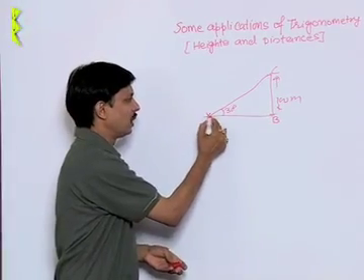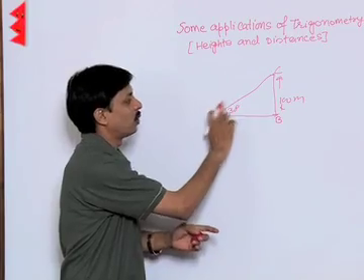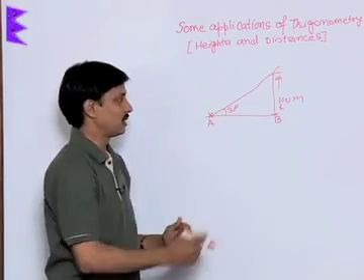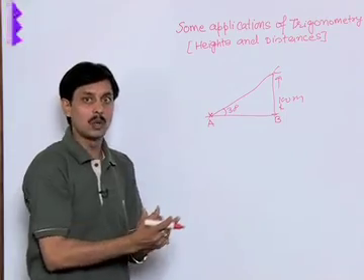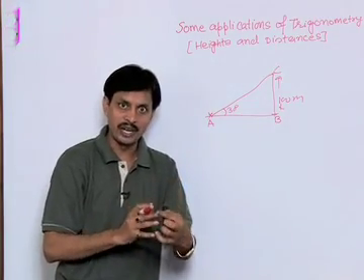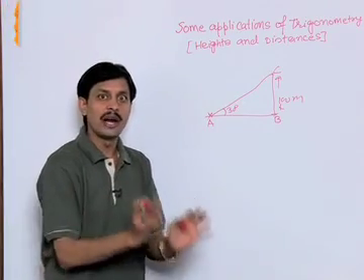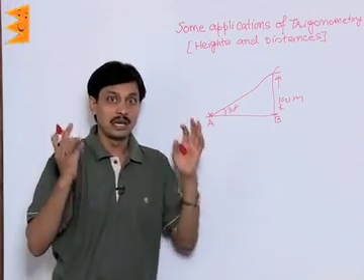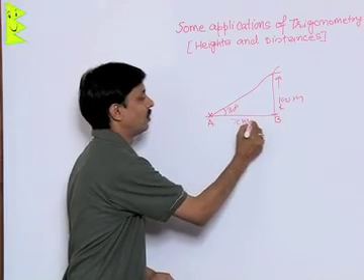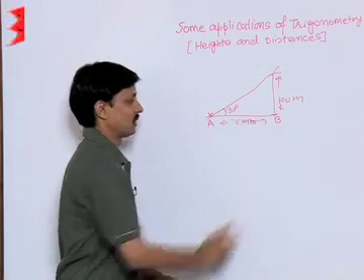Find the distance between point A and B, or find the distance from the point of observation to the base. So how will we solve? We have discussed the trigonometric ratios, complementary angles, trigonometric tables, angle of elevation, angle of depression. All required information you must gather. Now suppose I assume that this value of AB is x meters.